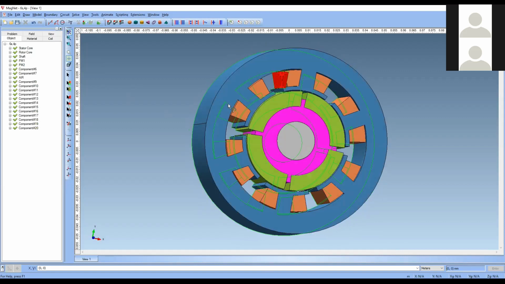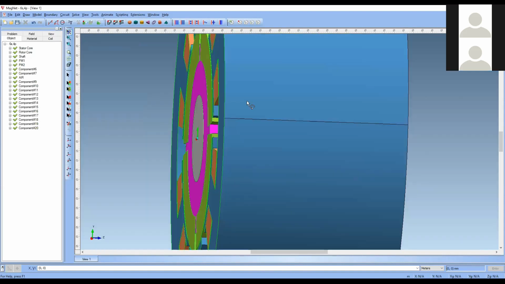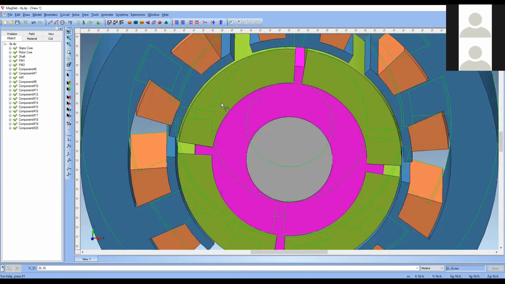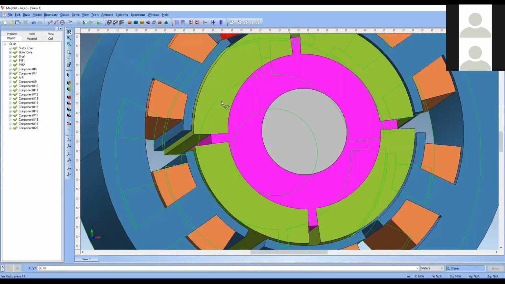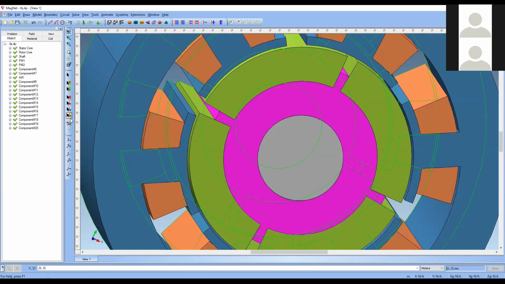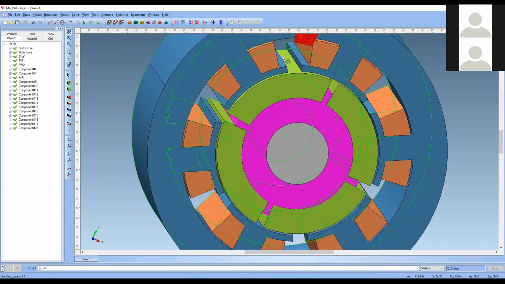You can also zoom it and view it. Everything, your model is completely ready. As per 2D analysis, this itself is sufficient. Okay, but you can view that this is the air gap and this is the shaft, the permanent magnet gap is there, stator slots, winding, everything is there.